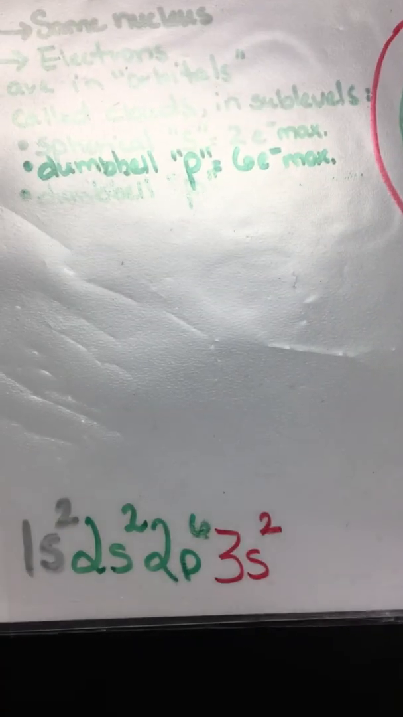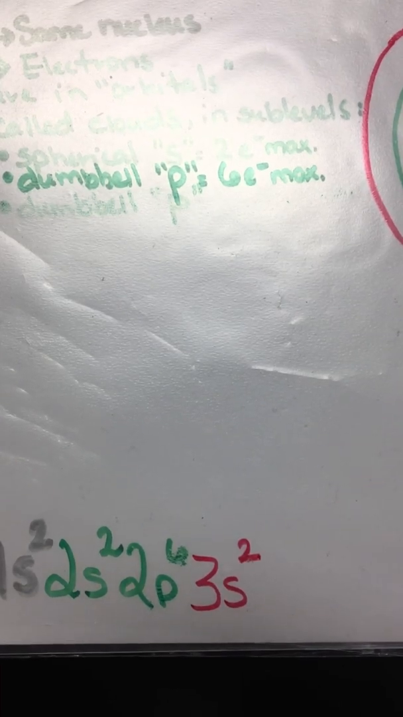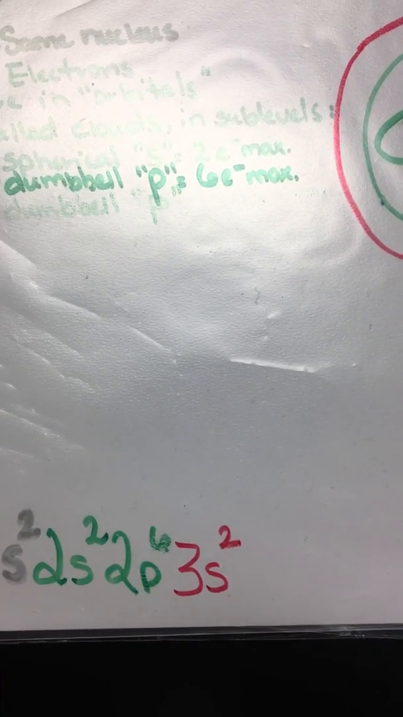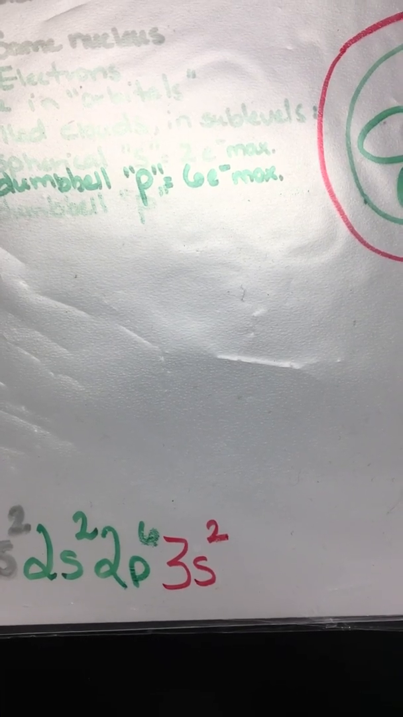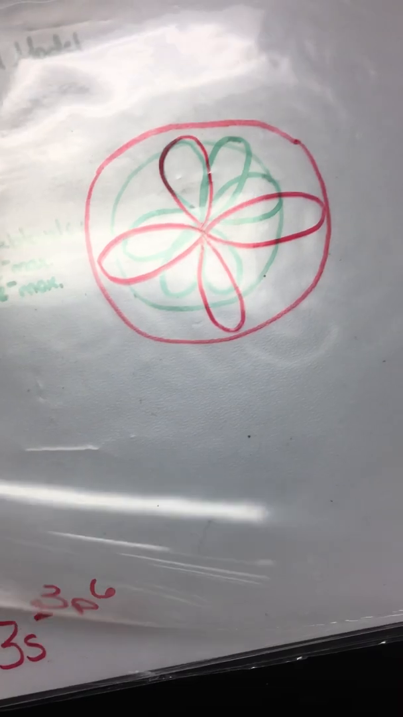So our configuration has grown now to 3s2, because in the third energy level, we have 1 sublevel, and it's a spherically shaped orbital that can hold 2 electrons. So continuing to grow here,